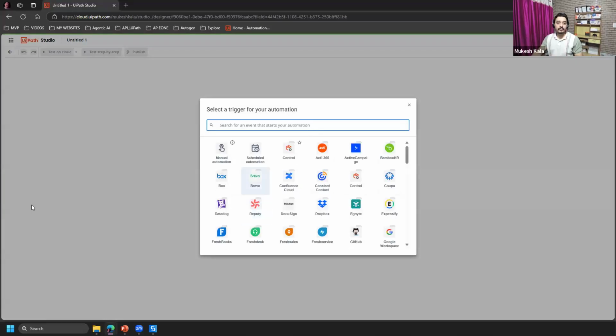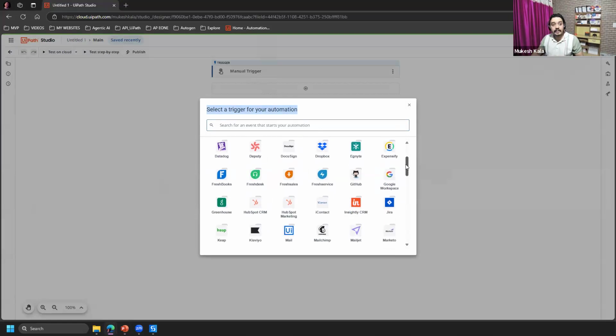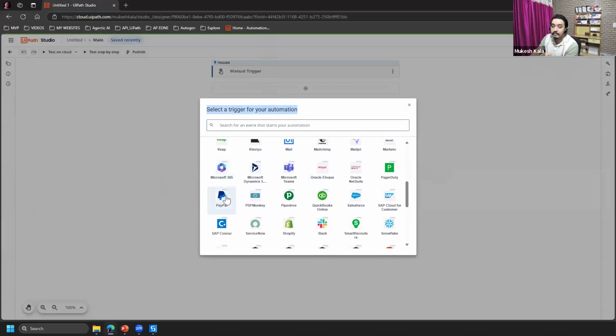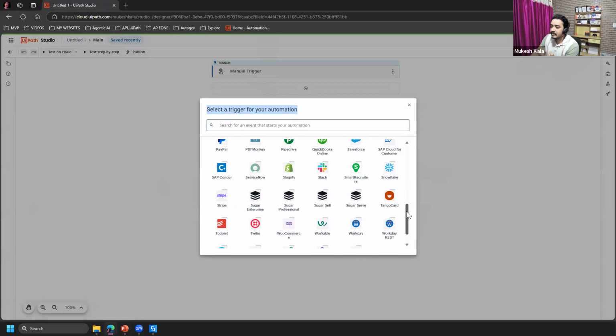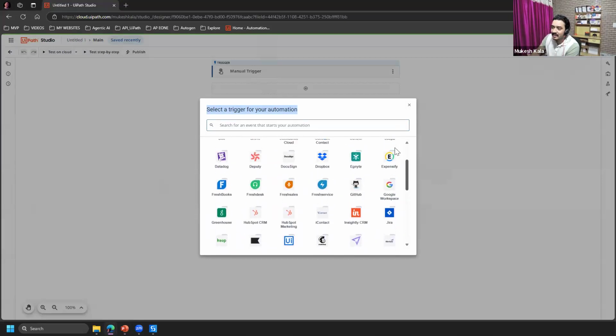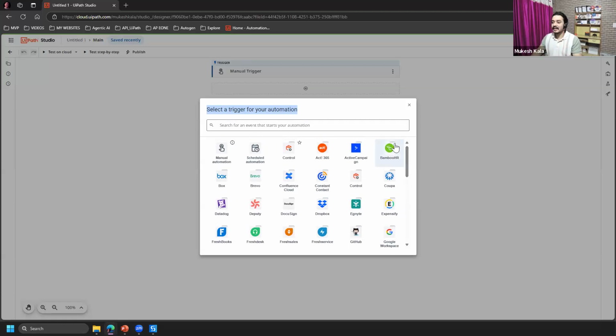And this is a plain workflow. Now, the first workflow which I created was using those prompts, right? But not every day you would have a prompt. Sometimes you would have something where you want to start something very basic. So if you see here, these are all the integrations which UiPath has today. HubSpot, MailChimp, Microsoft 365, PayPal, SAP, Slack, Sugar Service, Zoho, Zoom, right? So all these are direct plug and play applications which are directly integrated to UiPath. You just have to click and it can start, right?